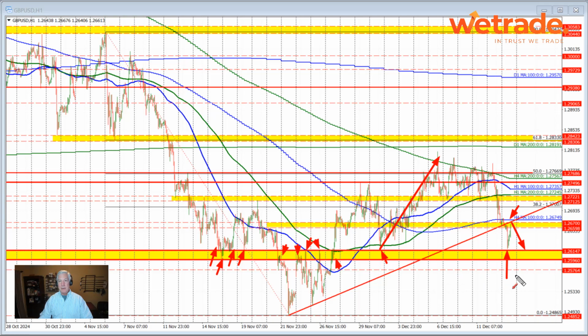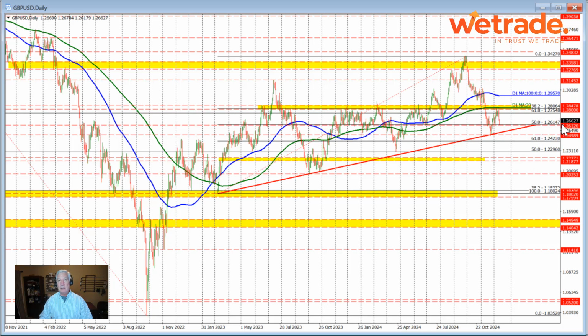this swing area. Now, I've outlined and emphasized this 1.26147 level. What's so significant about that, other than the fact that it was the high of a swing area in this area right through here? If I go to the daily chart and take a look at the 50% retracement of the move up from this low right here to the high price right here,